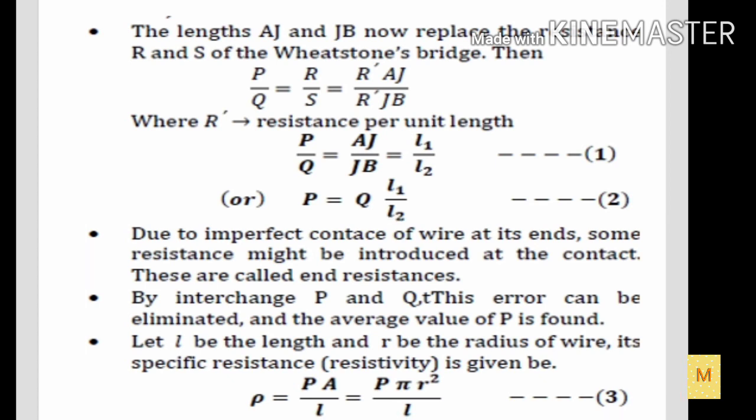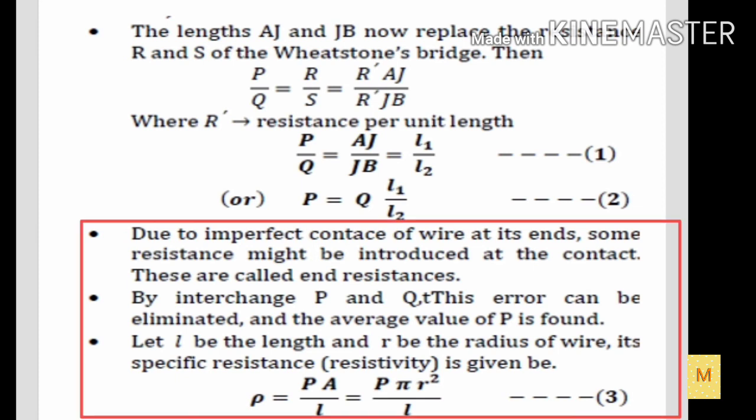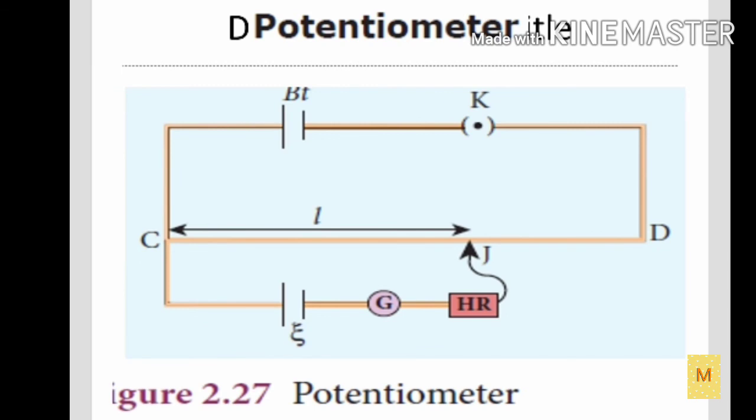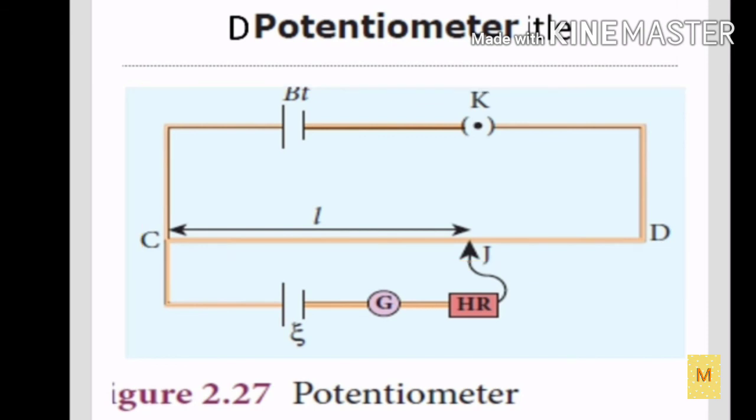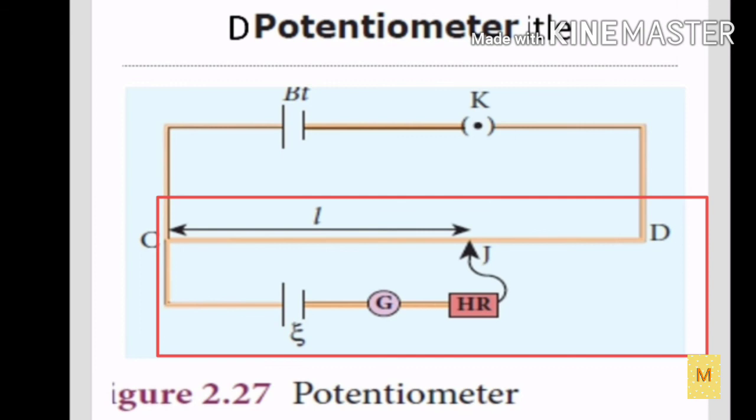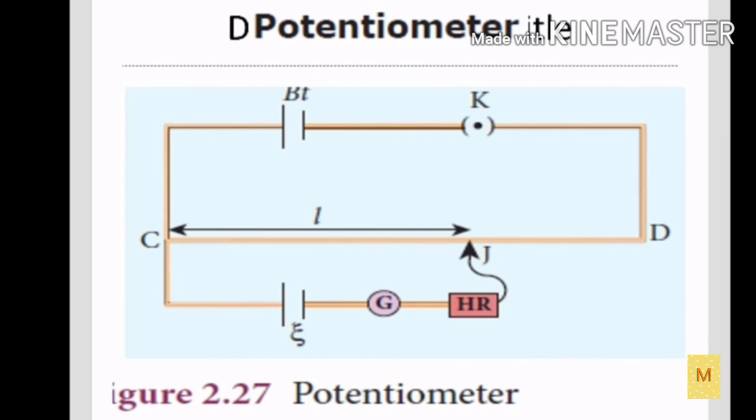So with the help of the meter bridge circuit, we can determine the value of resistance and the specific resistance of the given wire. Next, potentiometer. This electrical circuit helps to compare the EMF of cells using the balancing length. Let us determine the principle of potentiometer. Let us imagine a battery, key and potentiometer wire CD are connected in series, which forms the primary circuit. The positive terminal of the primary cell of EMF psi is connected to the point C and the negative terminal is connected to the point D through a galvanometer and high resistance HR, and this forms the secondary circuit.